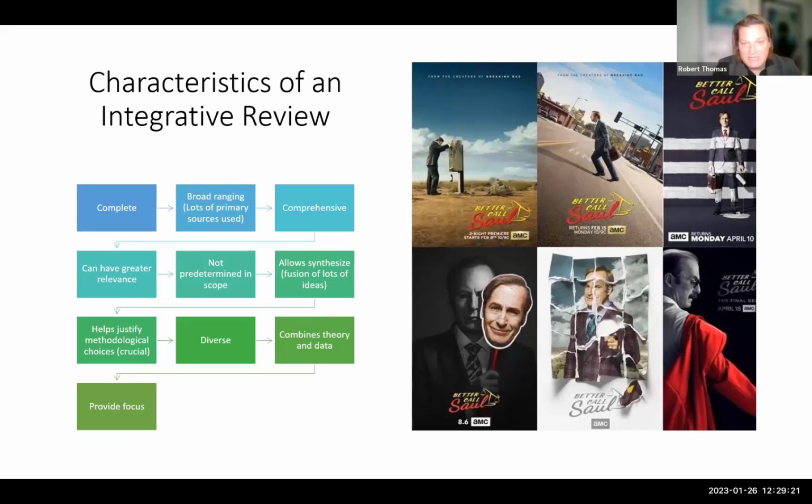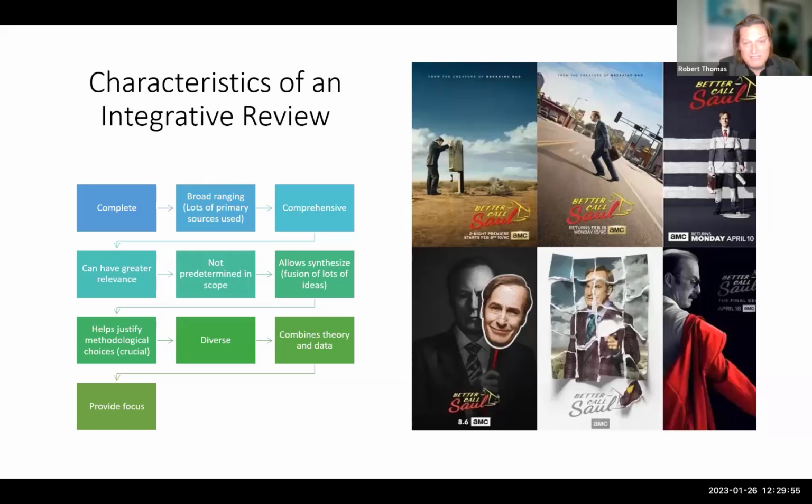With my students back here in the UK, I invariably use Better Call Saul. I hope there are some fans out there. Wonderful piece of American television, absolutely superb. You can't understand the end of Better Call Saul without ostensibly going back to the first series. By disseminating the first series, we have a better understanding of the second, the third, the fourth, the fifth, and the final. Characters, data, perceptions, moments in time, all allow us to frame and map the journey of Jimmy, okay?